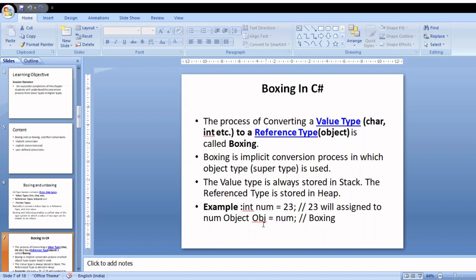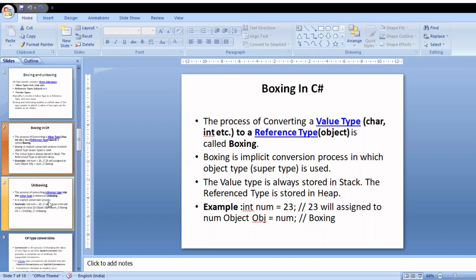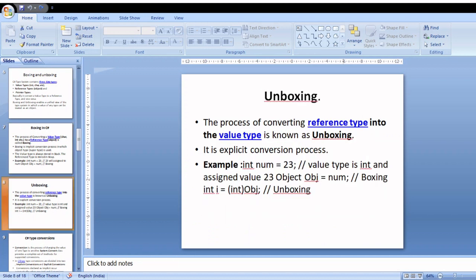The opposite of this boxing is called as unboxing technique. In unboxing technique, you are converting reference type into value type. It is an explicit conversion process. Here I am taking the same example.